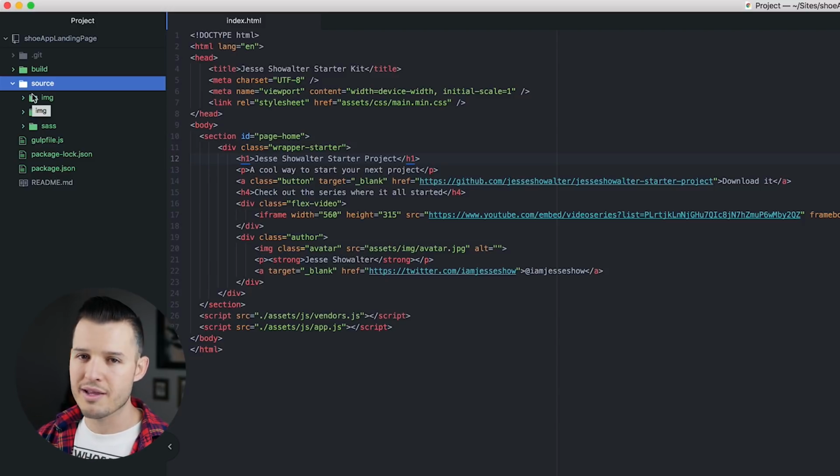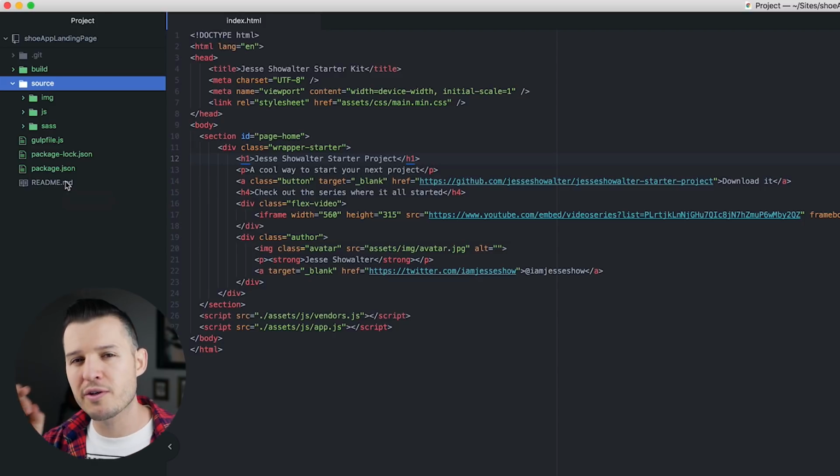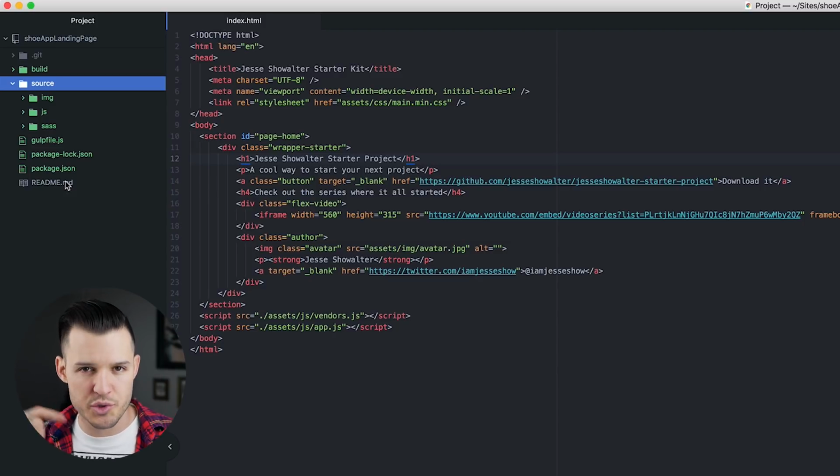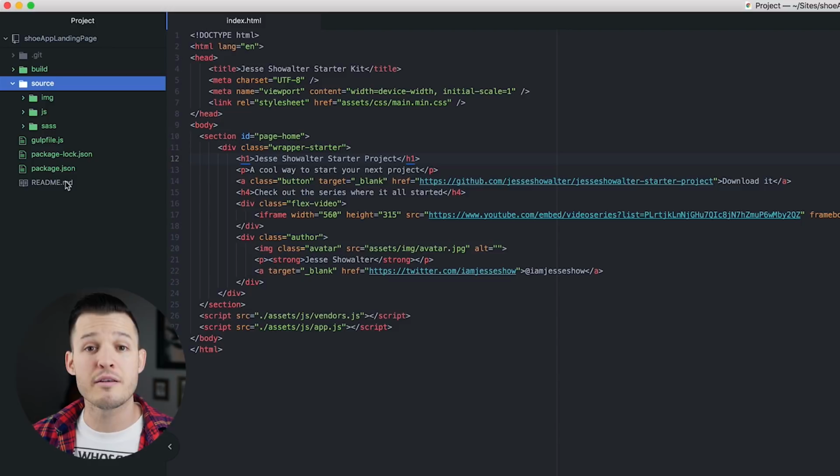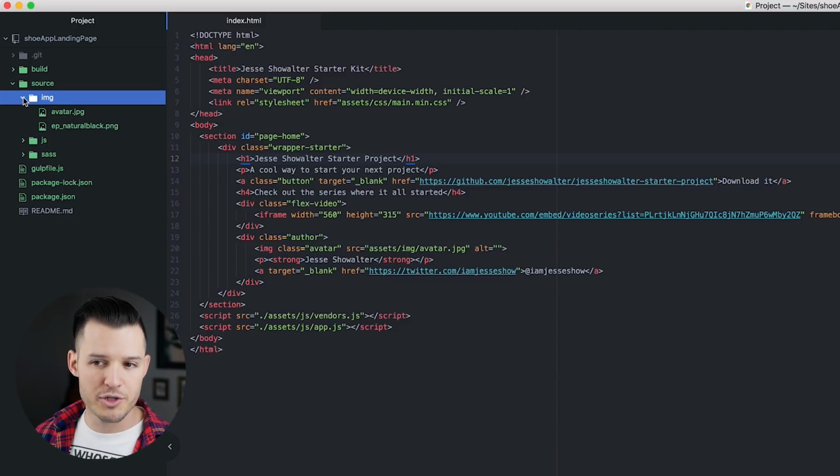So I do all my editing of HTML files in the build folder because that's all I need there. I don't need it in the source files. But it's the source files that matter, because as long as you have the source files, you can recreate the build folder time and time again.